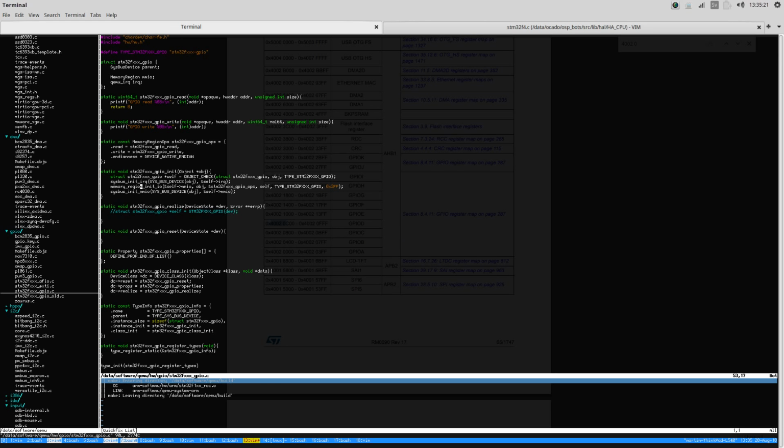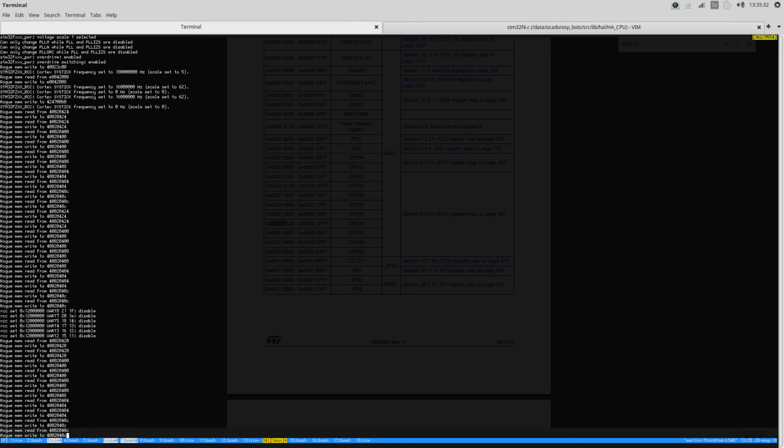So what we can do now, when we have set up this very simple skeleton, is map this skeleton to all of the GPIO memory ranges, so that when we run this firmware, we can actually print that we are trying to write to a GPIO register and read from a GPIO register in all of these lines that currently say rogue memory read or write. This message is, by the way, printed from a memory region which I've set up, which covers all of RAM,